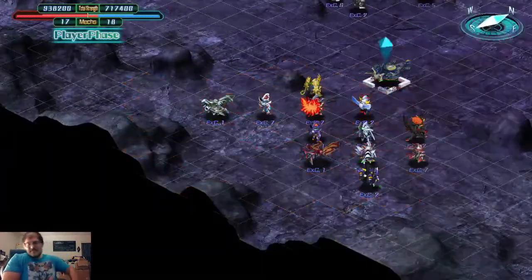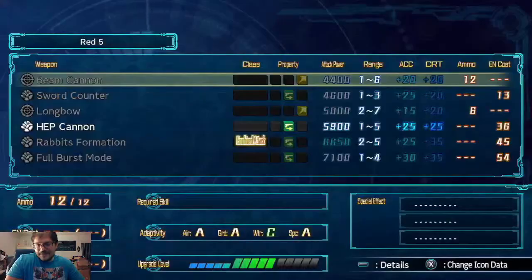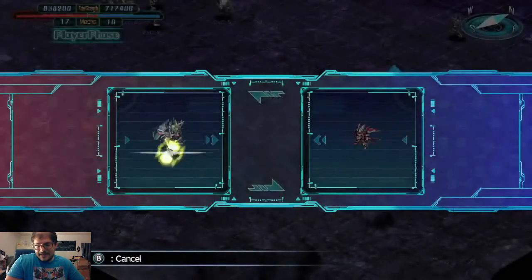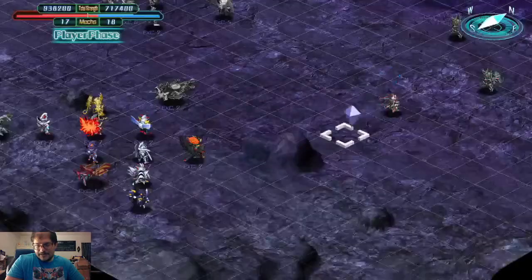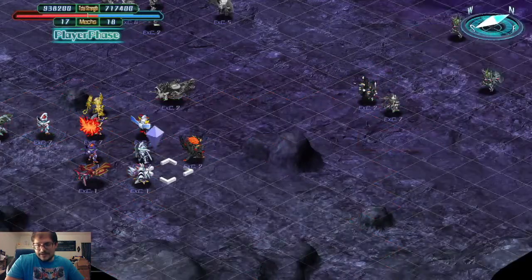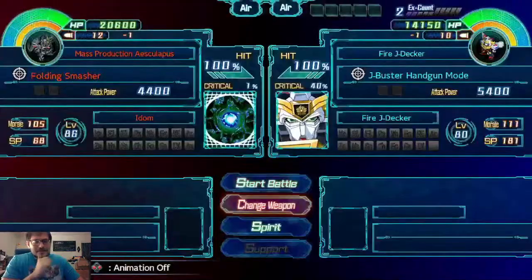I'm going to be teaching you guys how to pretty much beat Advent. He's actually a secret boss at the end of the game, but you can unlock him early if you complete the 2 million CP quest. I thought it was pretty doable. So how this mission really works...